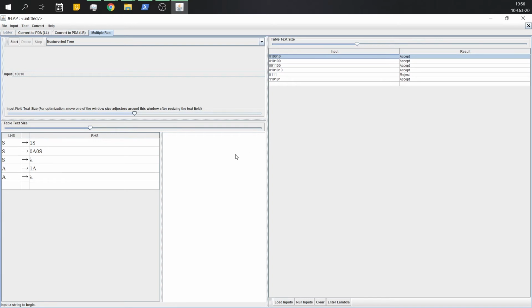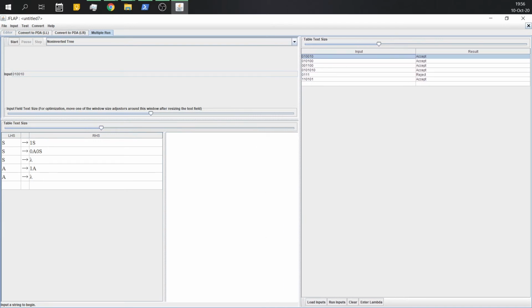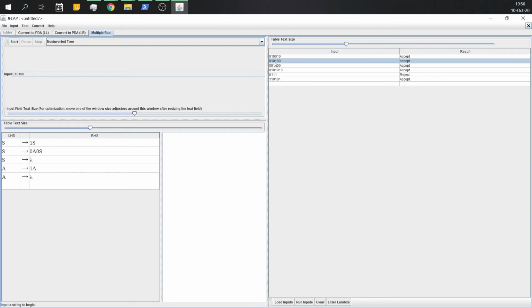We can also check the tree generated by the grammar. First select the input, like consider this second input, then click on start at the top left of the screen. Here the status is shown as string accepted, 24 nodes generated. Then for the next step of generation of the tree, click on step, and here we can see that S is passed as 0A 0S, which is the second rule.